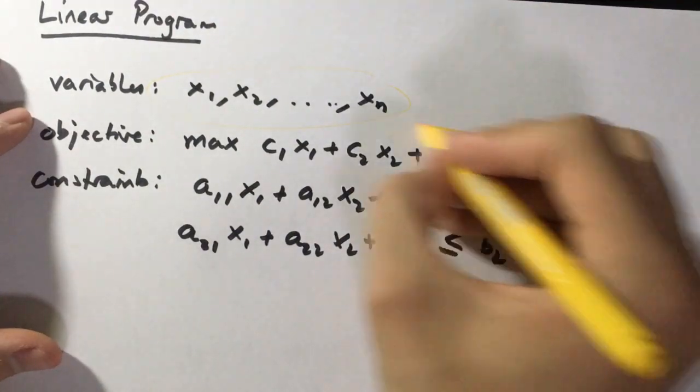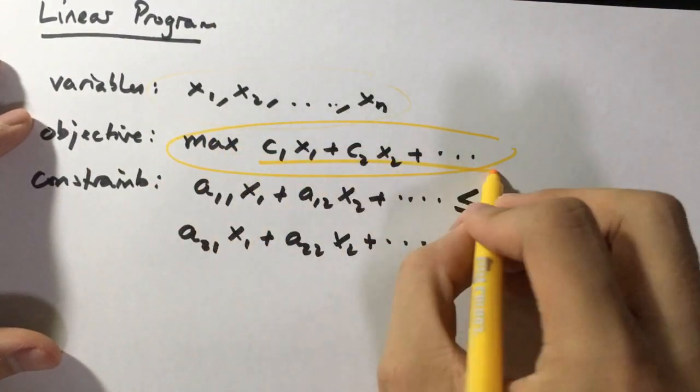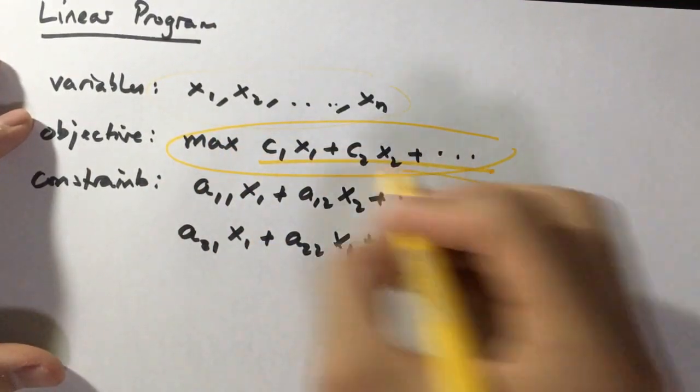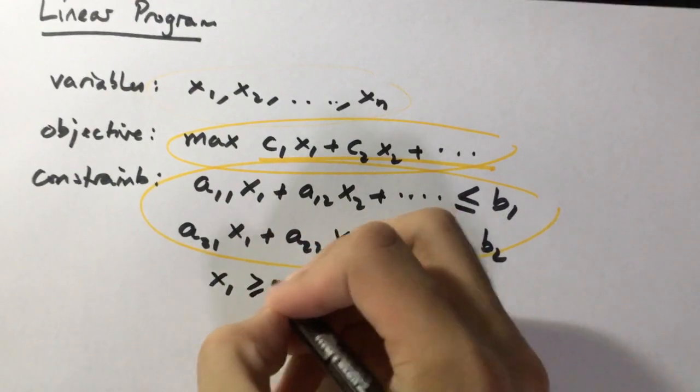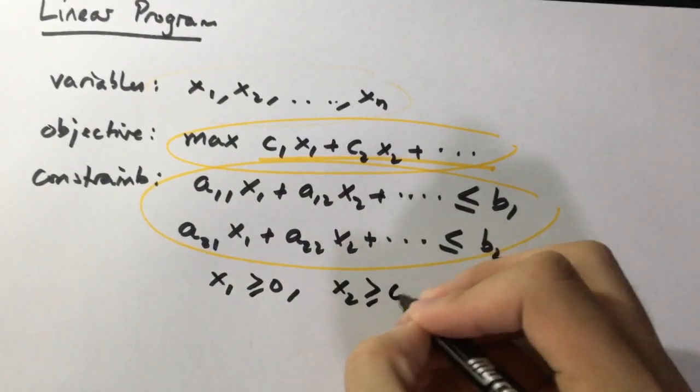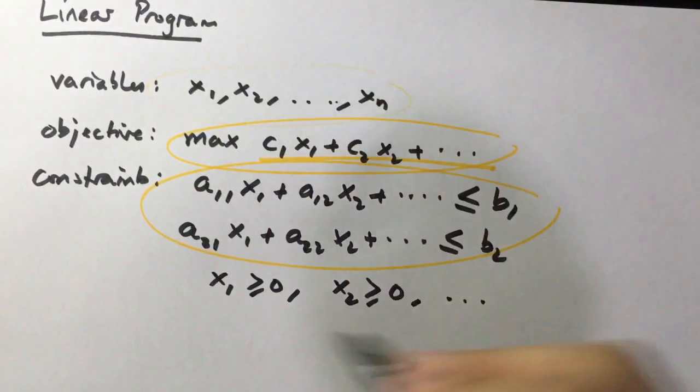The optimal solution will have a maximum amount of whatever this computes out to, and there's a set of constraints that you have to follow. So you can't just change x to be anything. And usually also you can have maybe x1 is greater than 0, x2 is also greater than 0, and so on. So this is what we call a linear